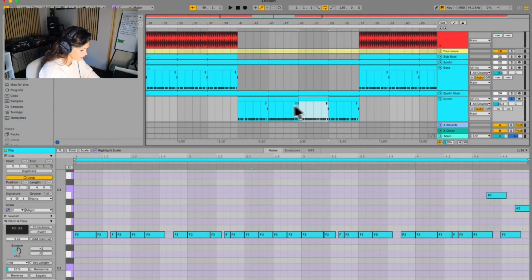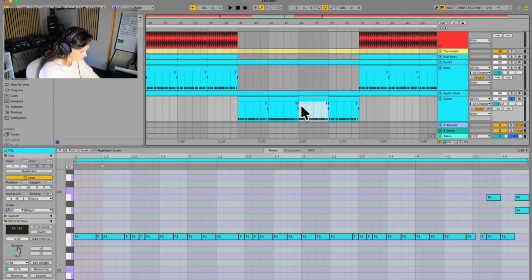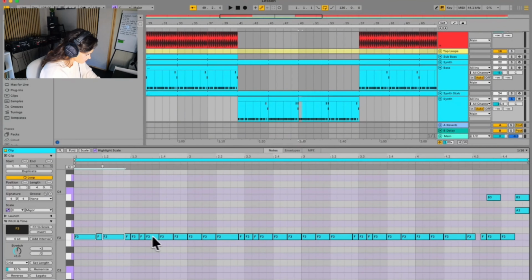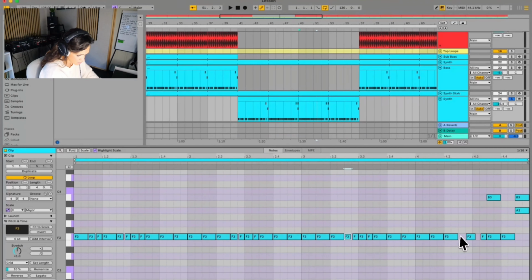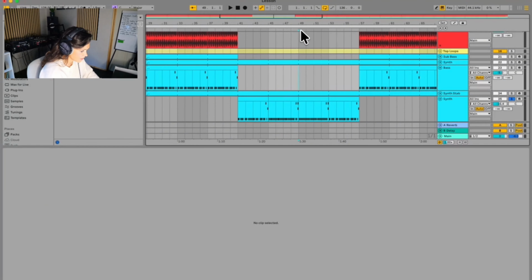And then in this section here, we're just going to copy this one, paste it here, and now we just want it a little bit more intense again. So the long notes on this one, I'm going to highlight any longer notes. I'm going to shorten. Like so, and then just add in where the gaps are to make it feel like there's a bit more tension again. If we listen to that,